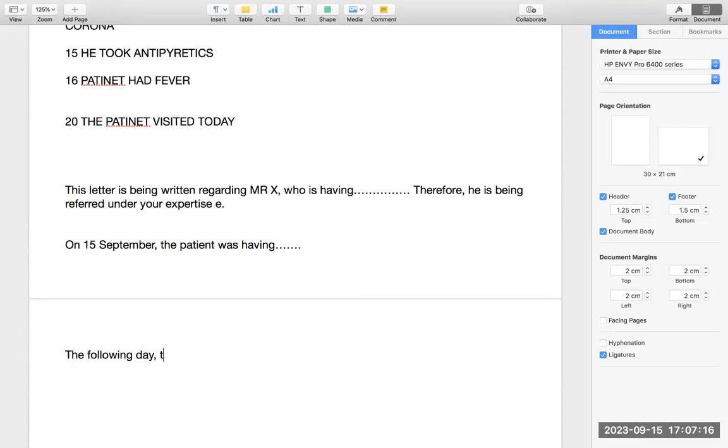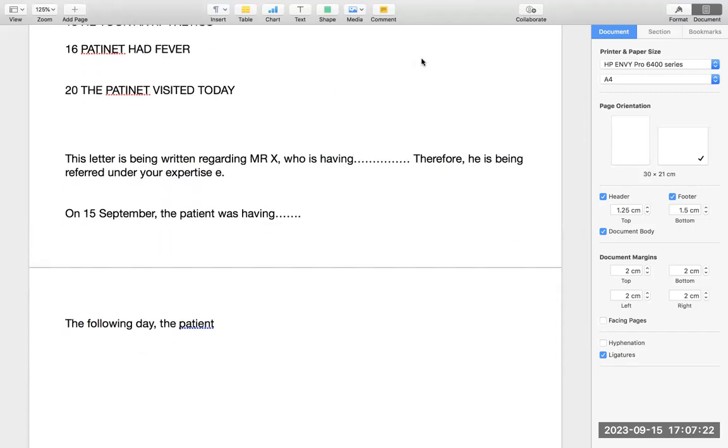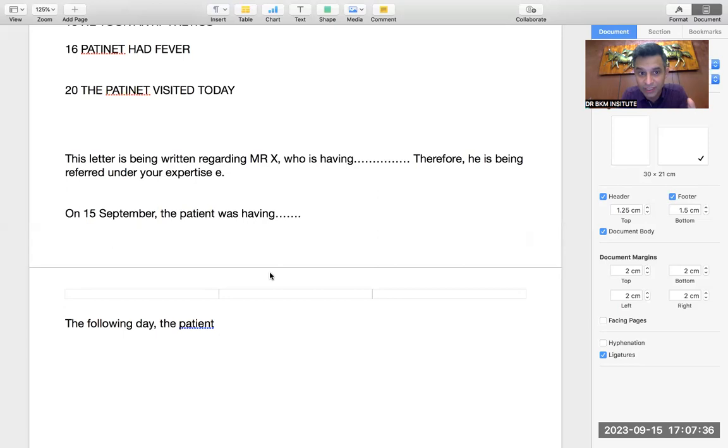So what I mean is that even if you get confused, and some people say it was a visit letter and some say it was a discharge letter, even then this particular strategy is successful. This strategy would be successful even if it is a visit letter. On 15th the patient was having this and this problem.